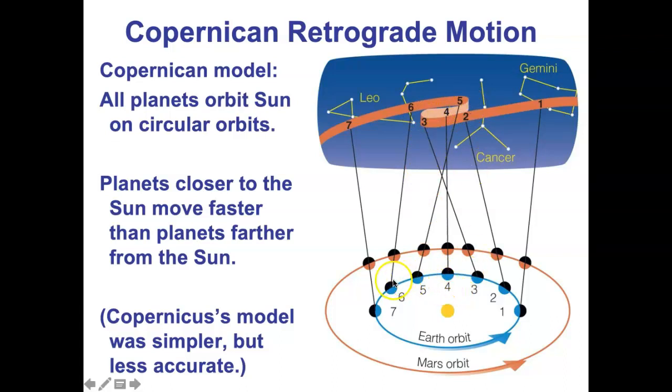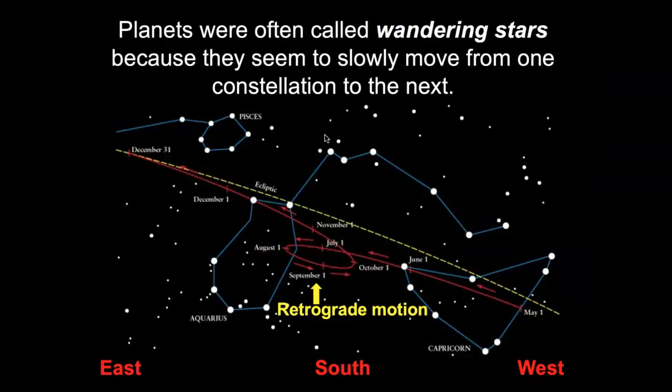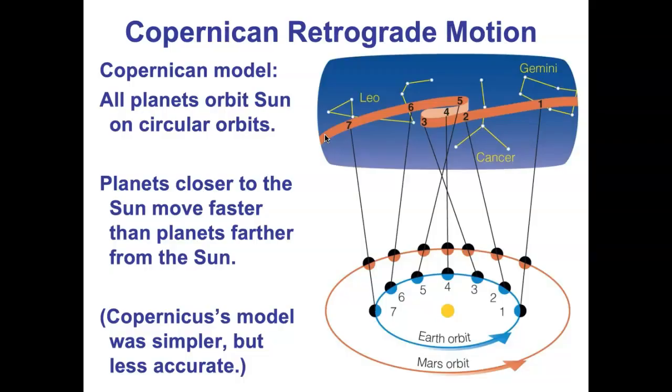And then as they come out of alignment, Earth and Mars just keep on going the way they're already going, counterclockwise around the sun, and then Mars would go back to its normal eastward motion. Copernicus says you don't need to invent complicated equations and complicated loop-de-loops. All you got to do to explain the motion of planets is say that we're all going around the sun. Specifically, Copernicus said that the planets orbit the sun in circular orbits, just at different distances, and that's why, from Earth's point of view, we see the planets moving normally, then retrograde, and then back to normal.